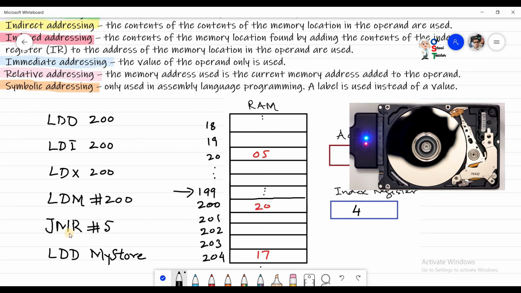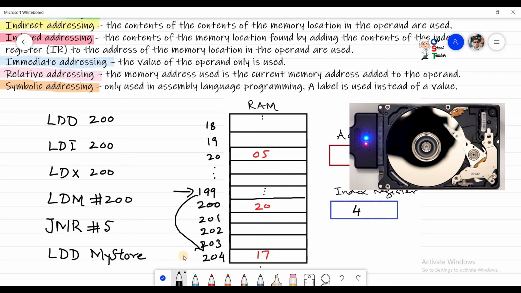JMP R means jump relative. 5 will be added to 199: 200, 201, 202, 203 and 204. It will jump here and continue the program from this location,